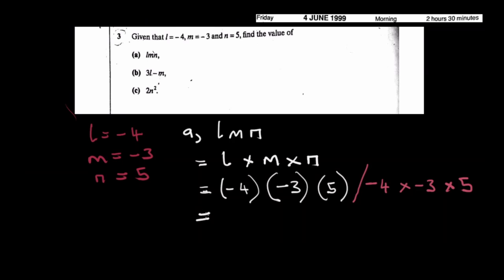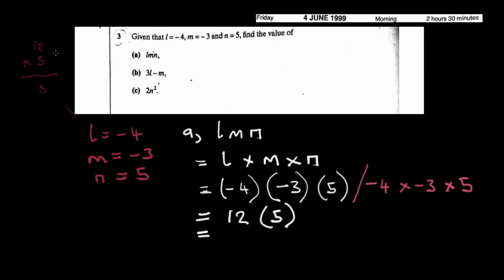Minus 4 times minus 3. These are negatives multiplying, and because of that, they are going to cancel out. So minus 4 times minus 3 is merely 12. So we now have 12 times 5. What is 12 times 5? If you are like me, I'm so much afraid of arithmetic errors, so I would go somewhere and calculate it down, remembering, of course, that in Paper 1 there's no use of a calculator.